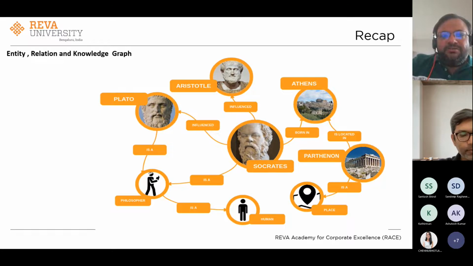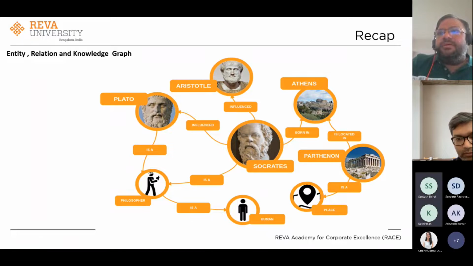Can you answer that using this graph easily? You will first access the philosopher. You will find all the links to the philosopher, and then check whether any node is connected with Athens with a born-in relationship. That will answer your question, correct?